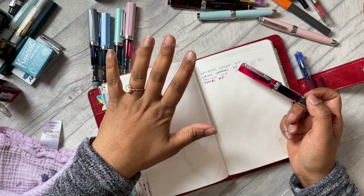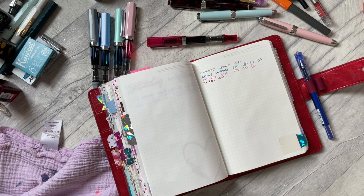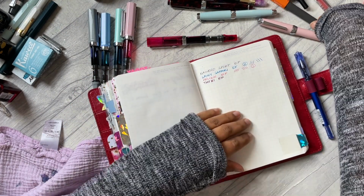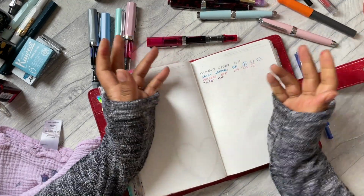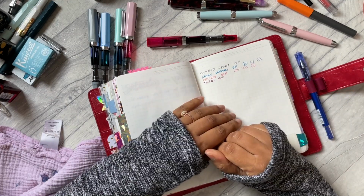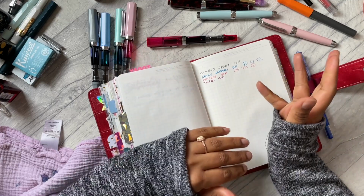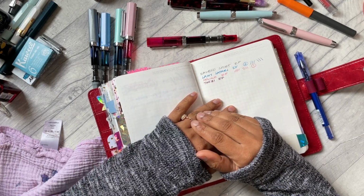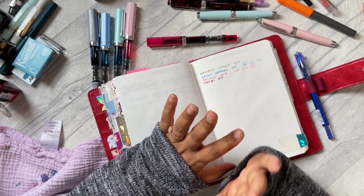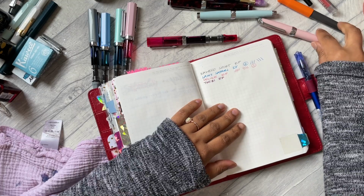So that's something to watch out for. If you're just going for a low budget cartridge pen or whatever, that's probably not a massive consideration for you. But if you're investing in a pen, definitely check out reviews and see what people say about what it writes like. So yeah, the other thing, sorry, I want to mention before we move on is